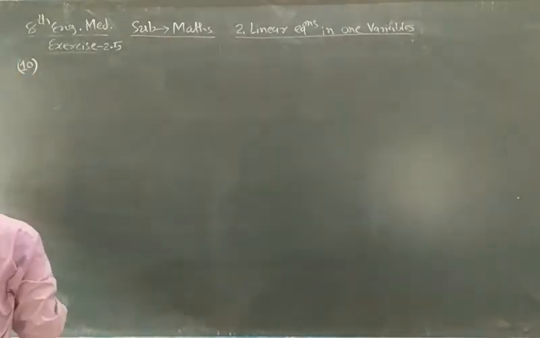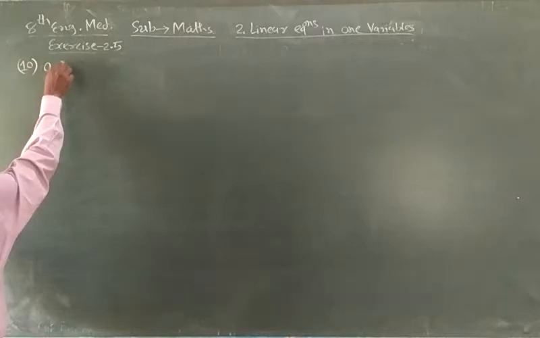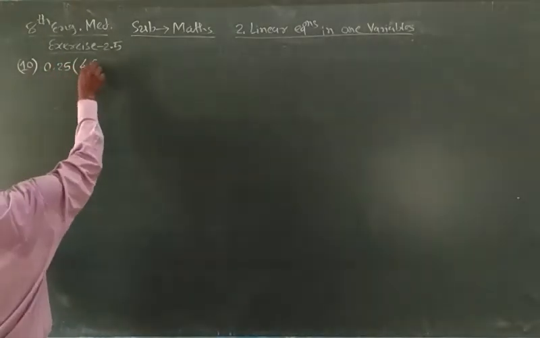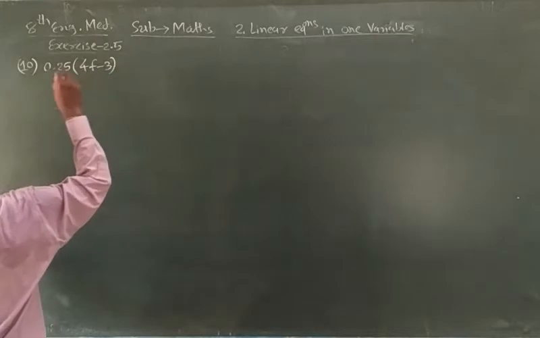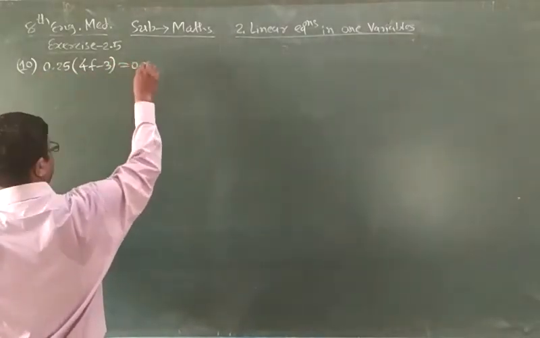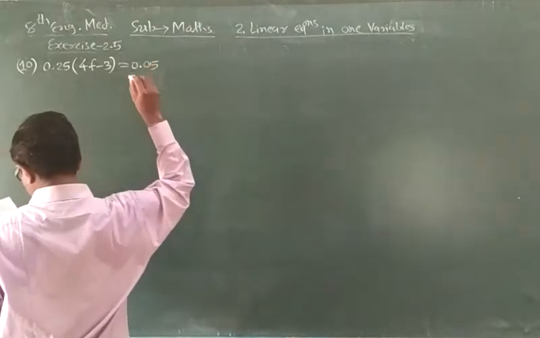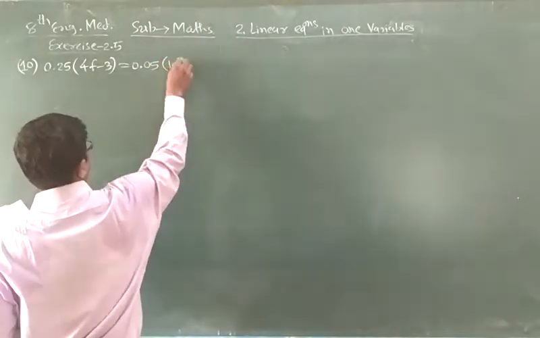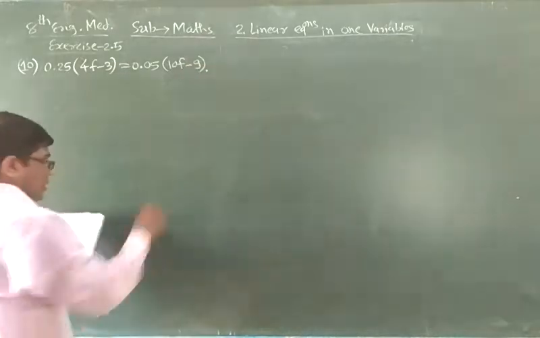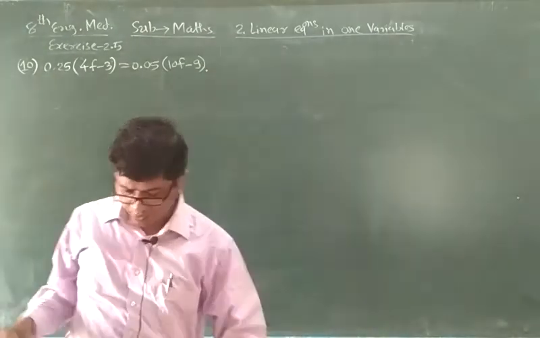So first write 0.25 (4f minus 3) minus 0.05 (10f minus 9). Okay, so